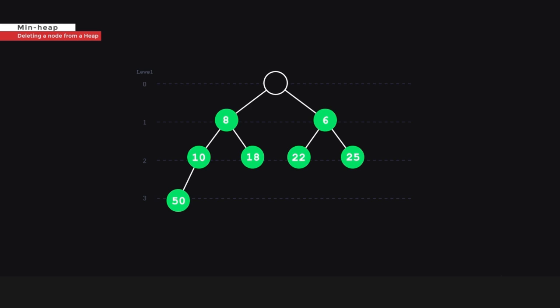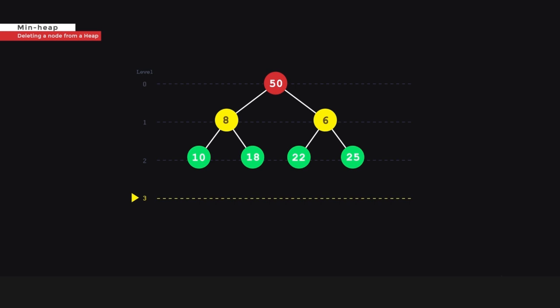As you can see, the last element, or last node, is the node with the value of 50. Move it and place it as the root node. Now we must be careful because the replaced node may not follow the min heap property. Because this is a min heap, any given node must be less than or equal to its children. So because the value of the replaced node as the parent node is greater than both of its child nodes, then